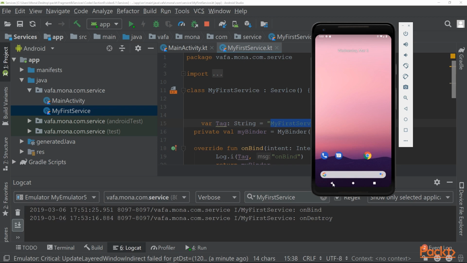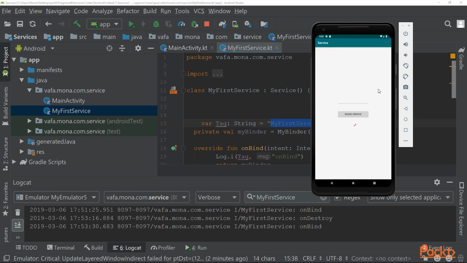After coming back to the app, as we have bound to the service inside onCreate, it binds to the service again and we can work with it. Okay, now that we know the basic concepts,